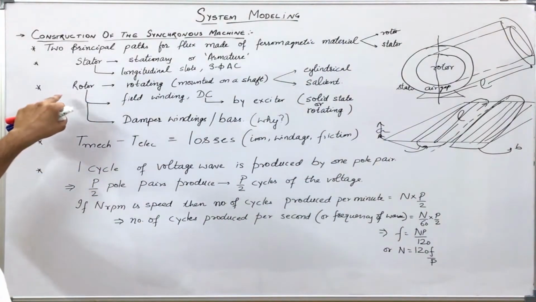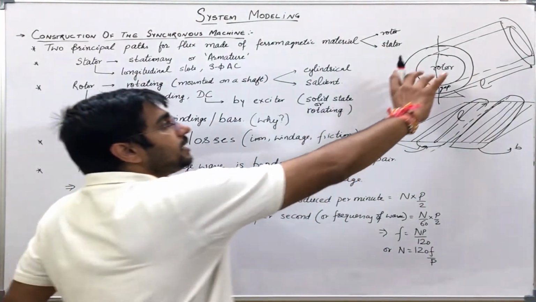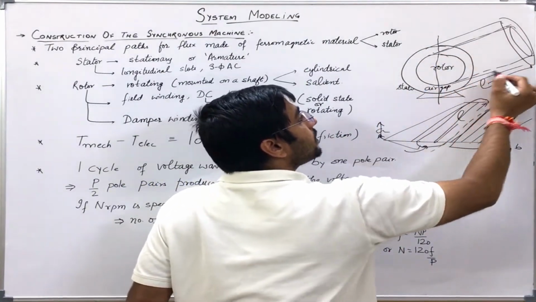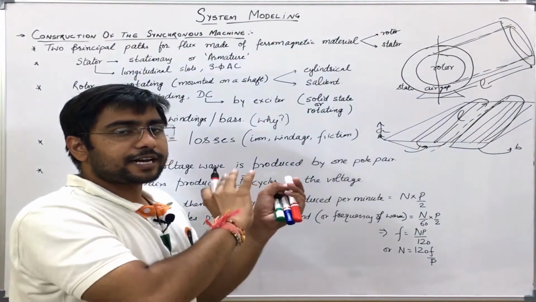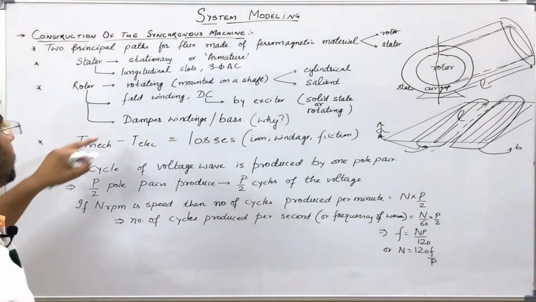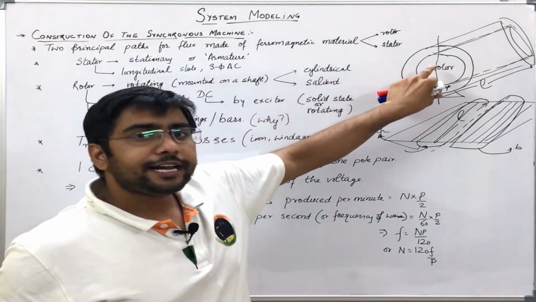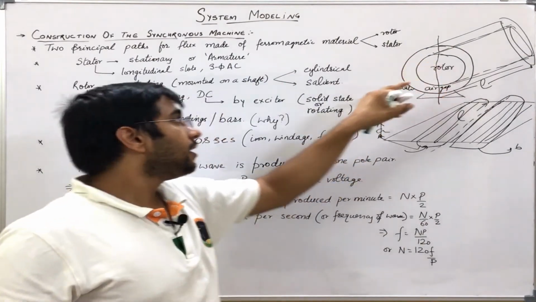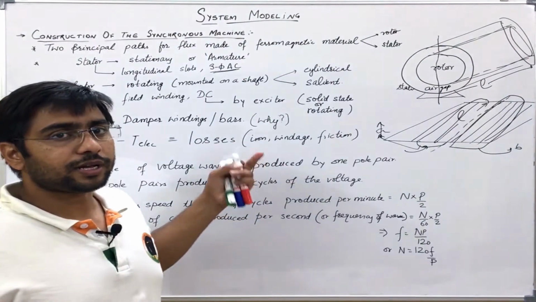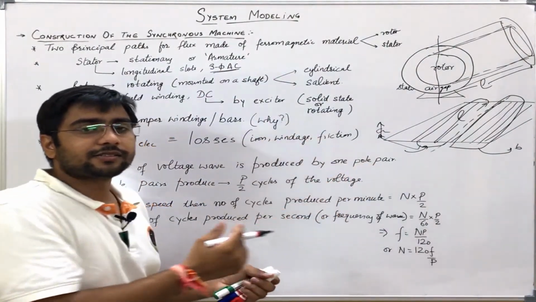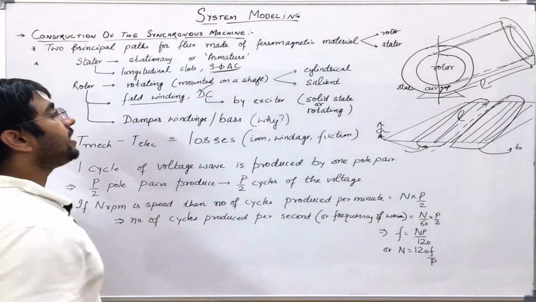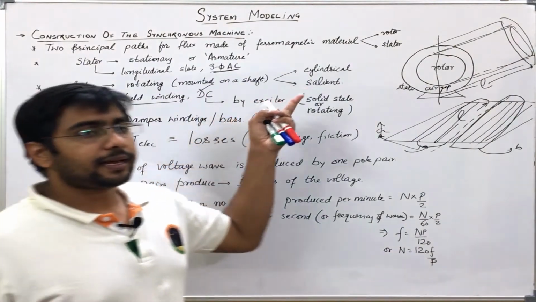Now let us come to the rotor. This rotor is able to move. This is kind of a shaft. That is, this rotor is mounted on a shaft which can rotate, and this rotor is also made of ferromagnetic material. But in this, the field winding carries DC current. Like in the stator it was carrying AC current from the external circuit if it was a motor, or it was giving AC current to the external circuit if it was a generator. But in the field winding only DC current is present, which is given by some exciter,